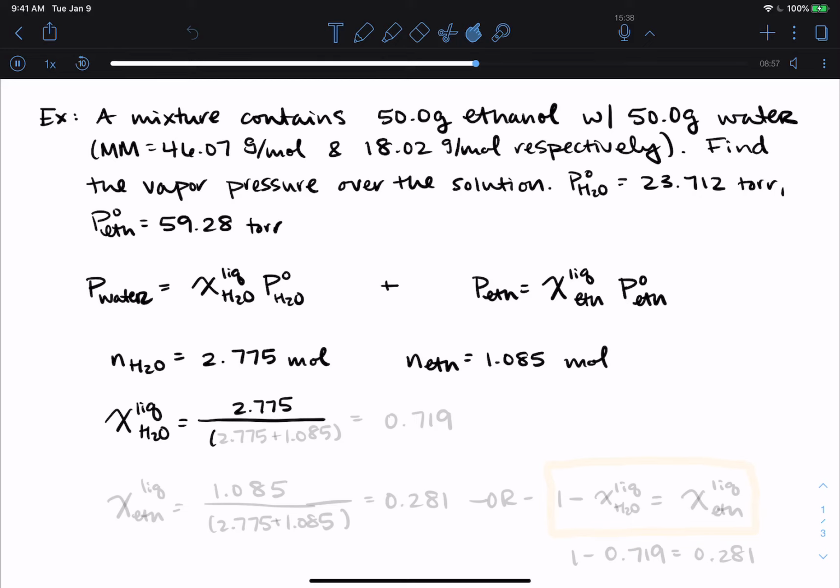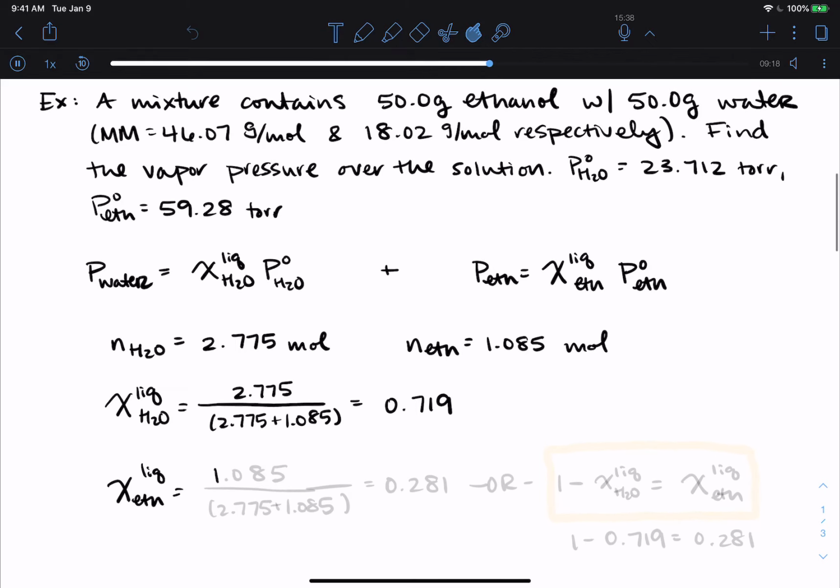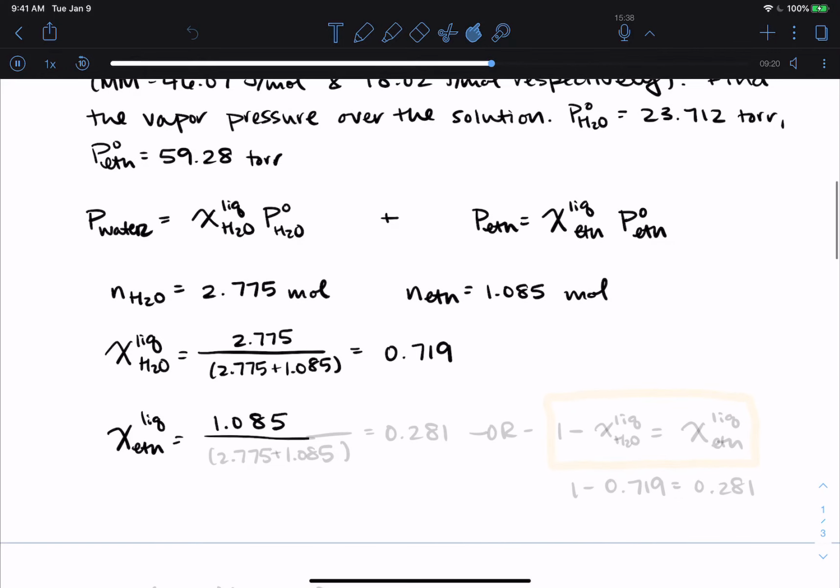So for mole fractions, my mole fraction in the liquid for H2O is moles of H2O divided by the total, so 2.775 plus 1.085. So my mole fraction of water in the liquid comes out to 0.719. And my mole fraction of ethanol in the liquid, now it's moles of ethanol divided by the total. So this comes out to 0.281,